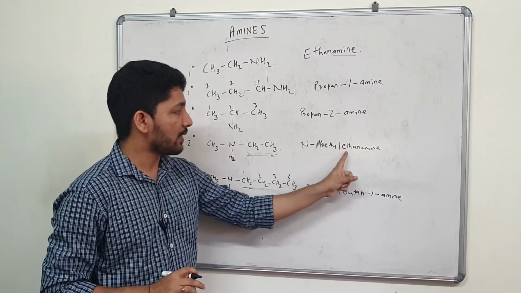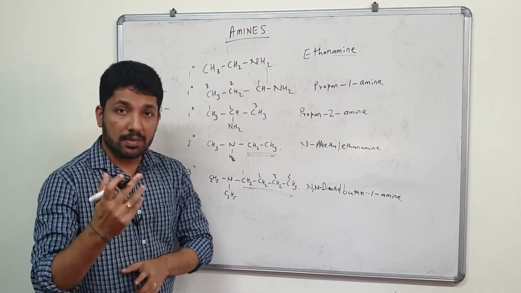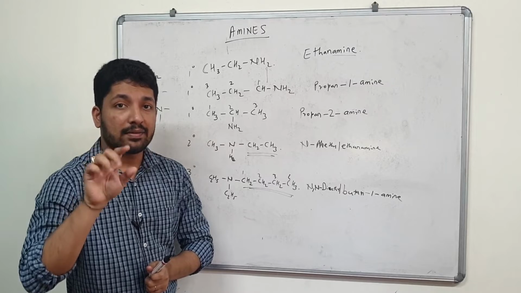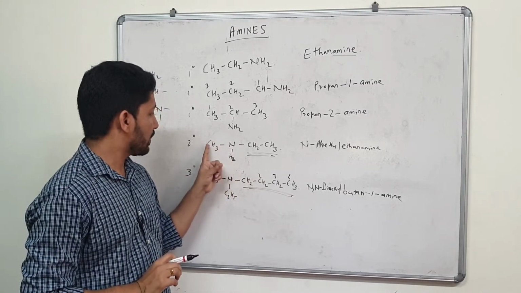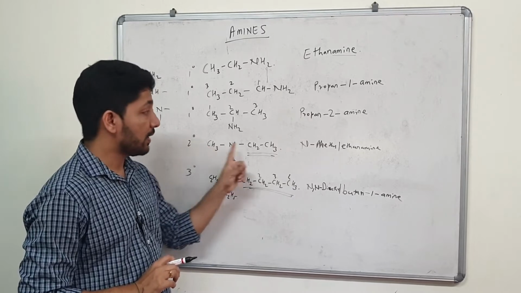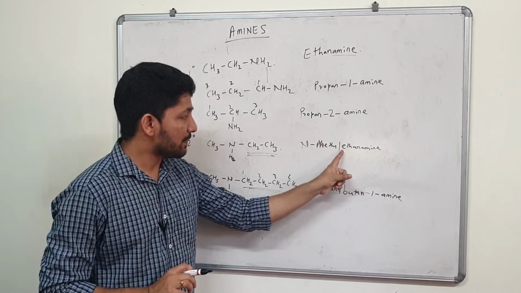The name of the base compound always comes last, right? And the branch comes over here. But instead of giving numbers, you name it as capital N representing nitrogen, okay. So since only one methyl group is attached to it, it is named as N-methyl with capital M, no space, ethanamine.